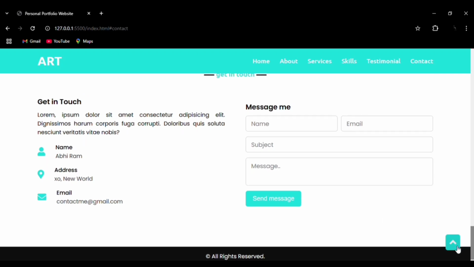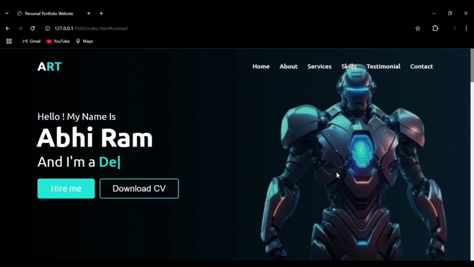Now let's go through each and every slide. Right now we are in the home section. You can see the hover effect on the navbar elements, and you can see an infinity loop of elements here which disclose what the person does: YouTuber, developer. You can see the hover effect